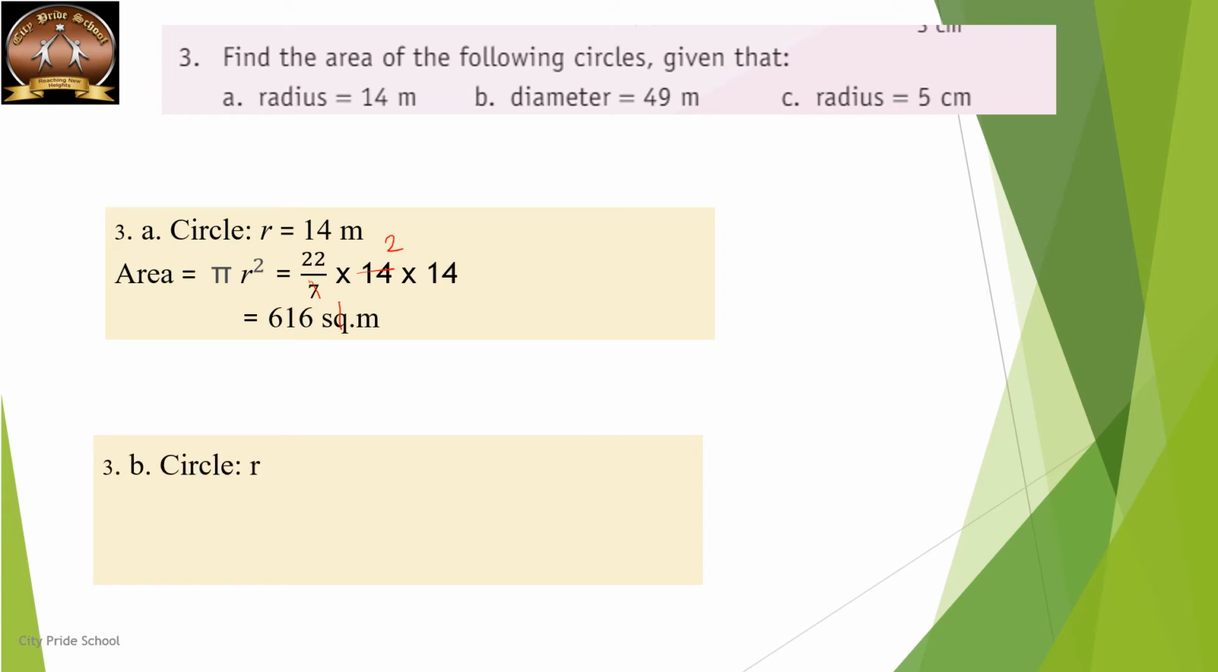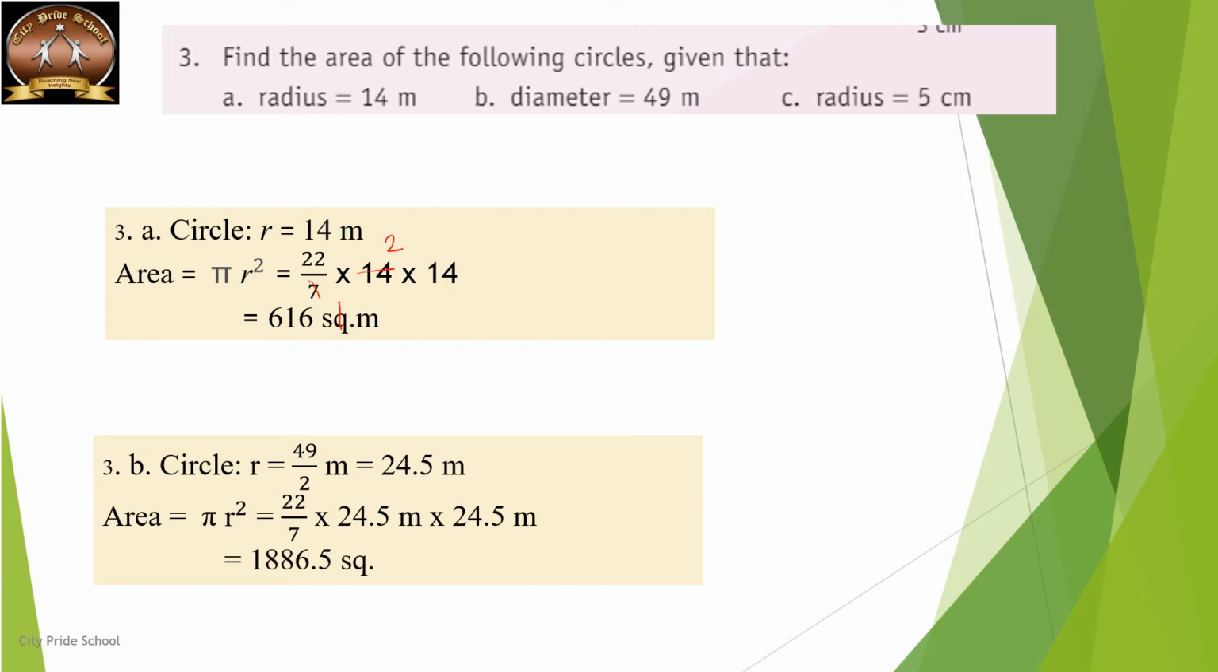Here the diameter is given. Diameter is 49 meters. Therefore, radius will be diameter divided by 2, because twice a radius is a diameter. So, radius equal to 24.5. Area is pi r square, will be equal to 22 upon 7 multiplied by 24.5 into 24.5. After cancellation, we get the answer